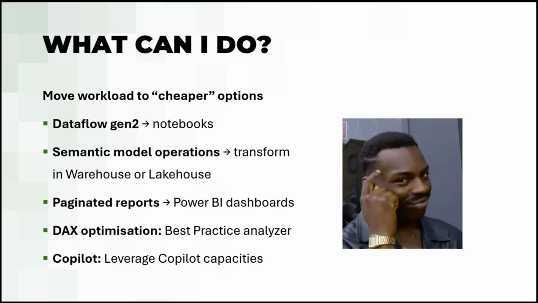Some semantic operations. Do that transformation. We did build it, some sort of like and use directly. Paginated reports, move to Power BI dashboards, which might not be possible because people love paginated reports. That's optimization. We have a built-in best practice analyzer there. So you specifically look through your DAX and get that help from Copilot. And within Copilot, if you're finding that the organization is using Copilot a lot, resource heavy, move it to its own